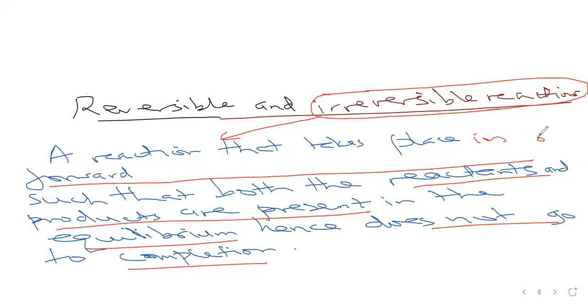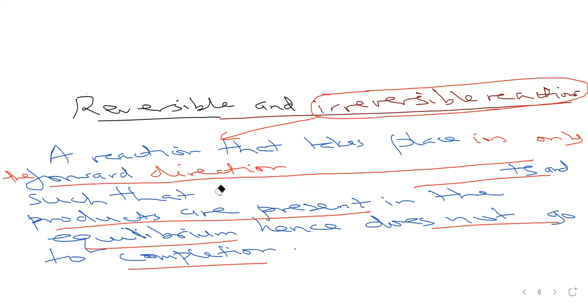In only the forward direction. That's the first thing we should note. Such that only products, this time not both reactants and products, such that only the products are formed. And in such a definition, I don't expect you to talk about the word equilibrium, because equilibrium cannot